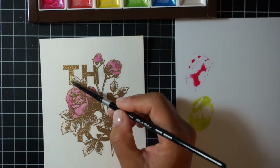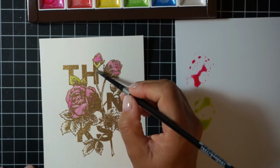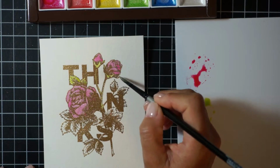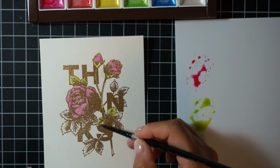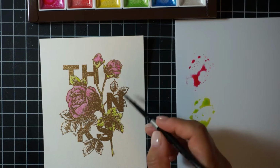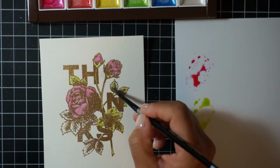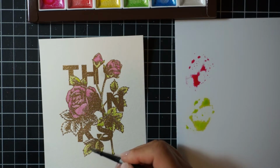So I just grab a little bit of the paint on my paintbrush and apply it directly onto the image here. I'm not doing a wet on wet technique. I'm just applying this watercolor ink directly to the watercolor paper and the image, and I'm just spreading it around. This is a number 4 paintbrush. This is from the silver paintbrush line, and what I'm doing is I'll first lay down an initial wash of